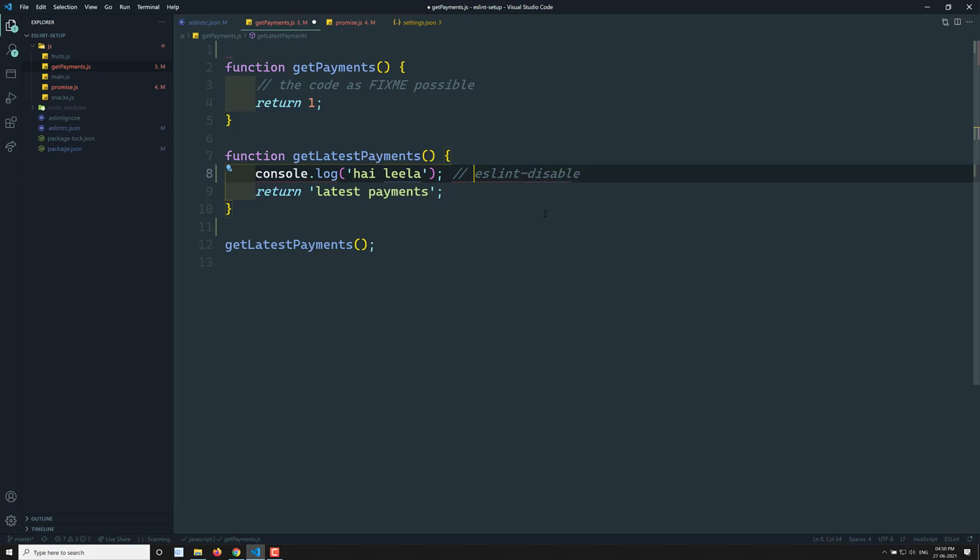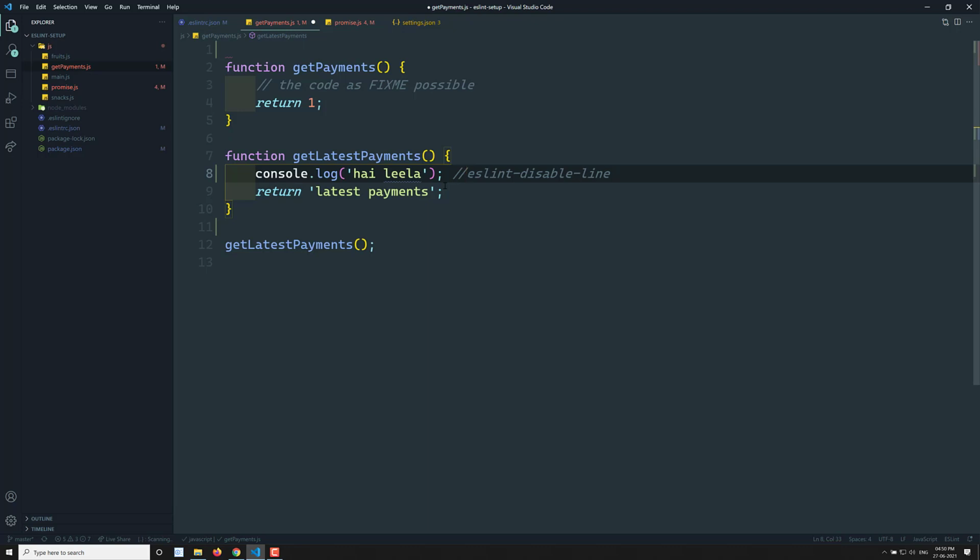You need to give a space, then write eslint-disable-line. Immediately, when you write eslint-disable-line, the console.log error has gone away. So if you want to exclude the entire file, you can write eslint-disable, and if you want to exclude only a particular line, for each line you can write eslint-disable-line. So this is one scenario.